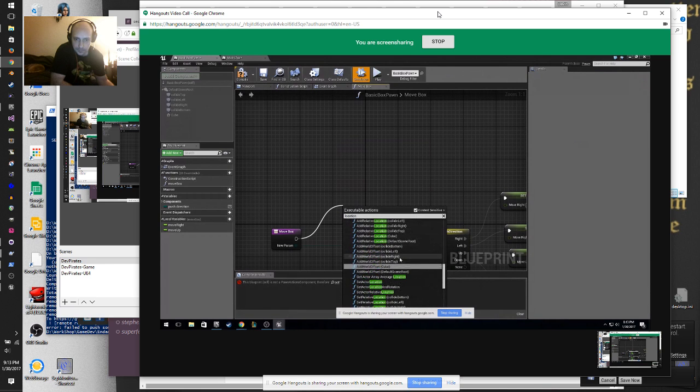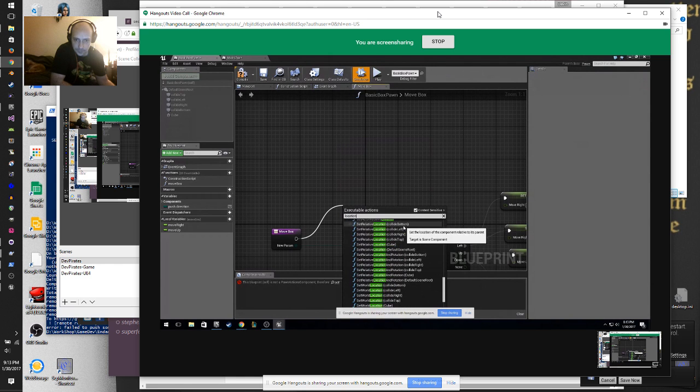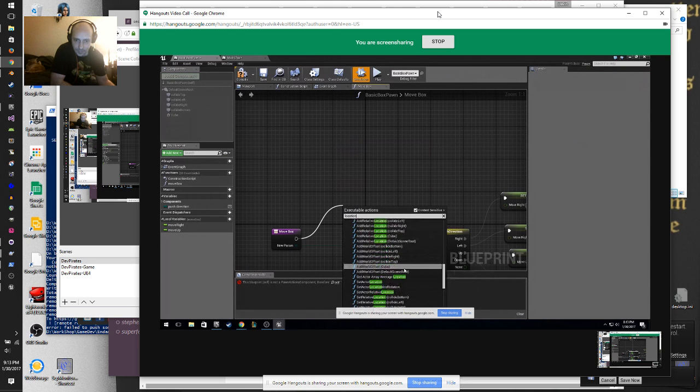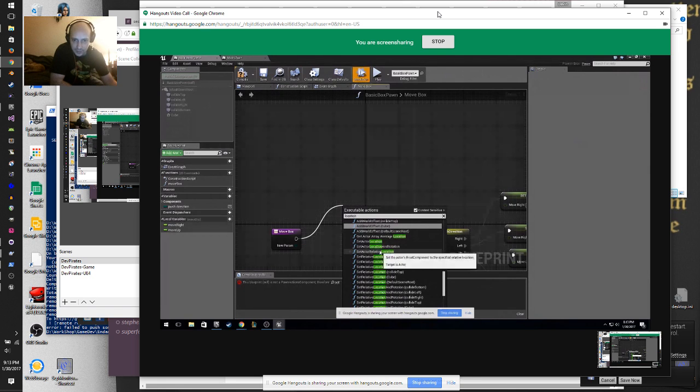Location. Set relative location. Scroll up a little bit. Oh yeah, set relative location probably. I don't think that's what we want because that's just gonna. Set actor location. See, I don't think that's what we want.